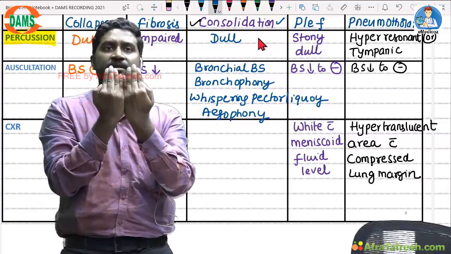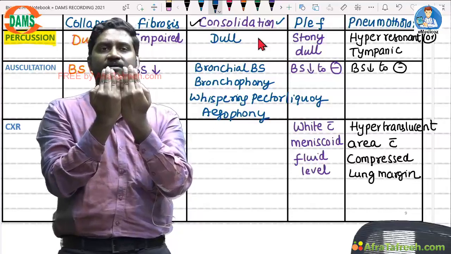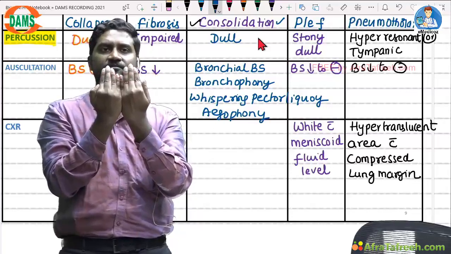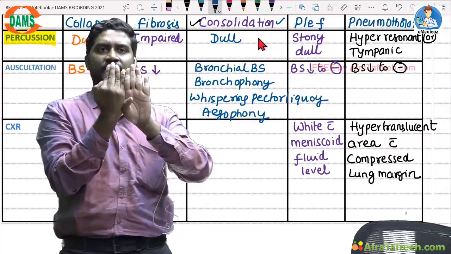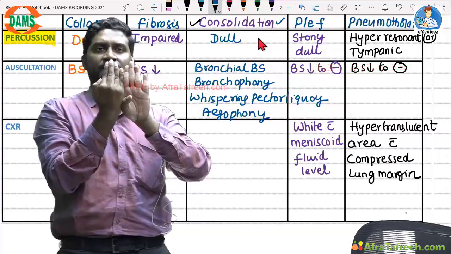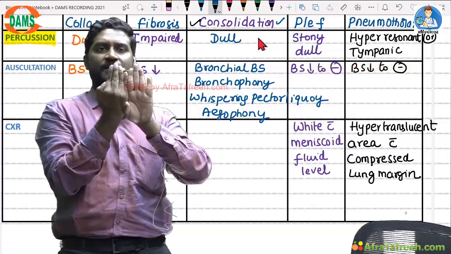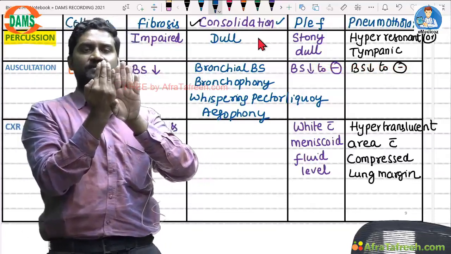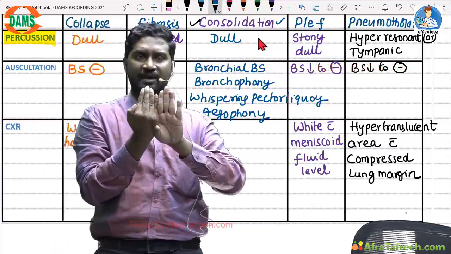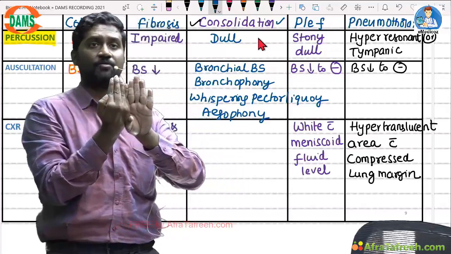Whereas in consolidation, alveoli are starting to fill with secretions. So secretions will give whitish density. Now alveoli have become white. Now against this whitish background, air in the bronchus is clearly visualized. So this phenomenon of visualizing air in the bronchus is called air bronchogram sign.